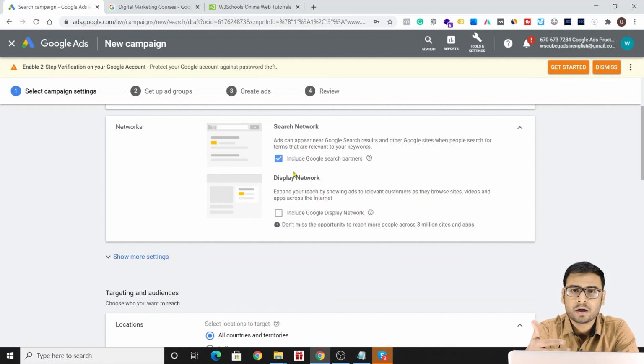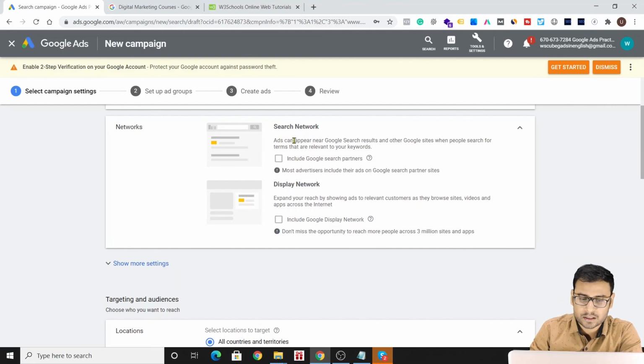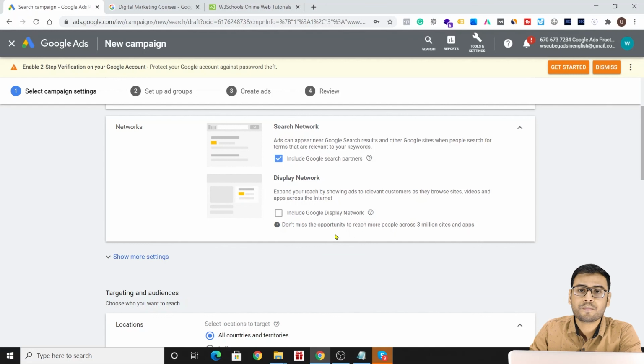That is not what we should go for. And if you are going for the search network, do not include search partners. But if you want to show your ads on Google search partner websites, you have this option. Most of the time you can go with this, but never opt for the display network if you are running such campaigns.